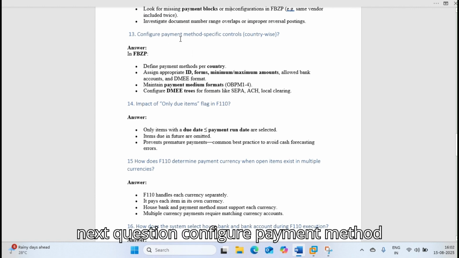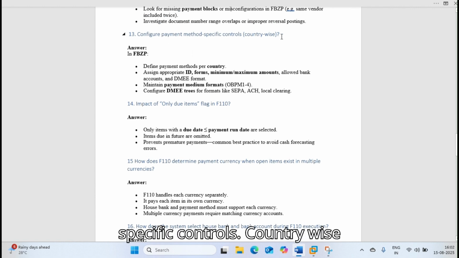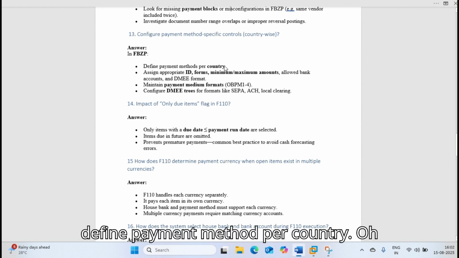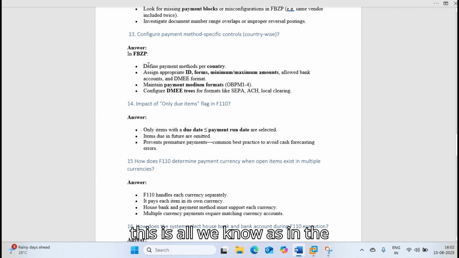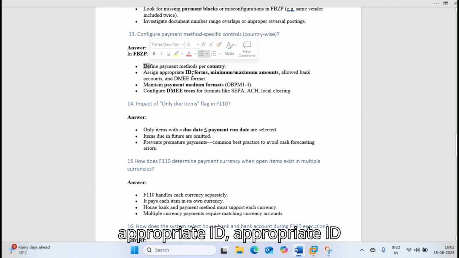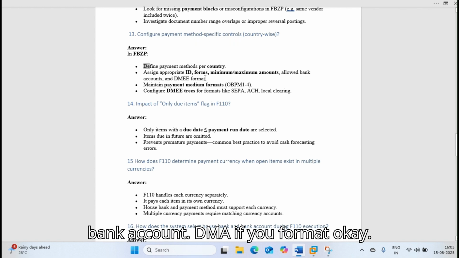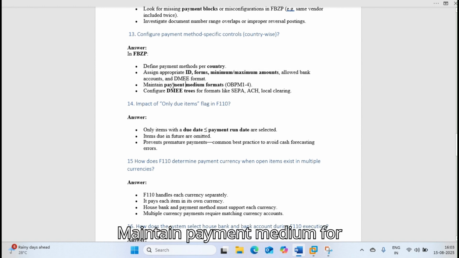Next question. Configure payment method specific controls. Country wise, define payment method per country. This is all we know. Assign the appropriate ID, forms, minimum and maximum amounts, allowed bank account, DME format. Okay. Maintain payment medium